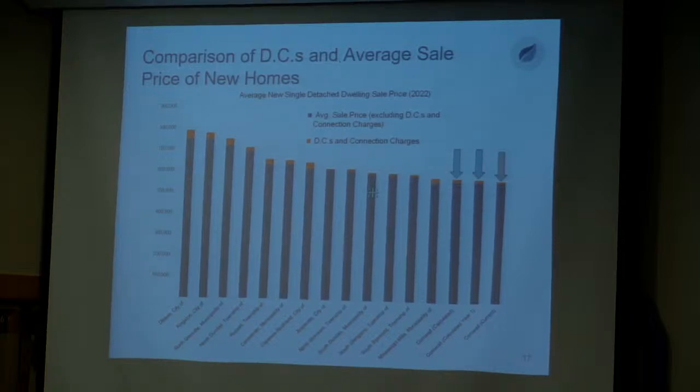So then, to understand the impact a little bit further of development charges on non-residential home prices and development activity, what we looked at was the share of the average price of new home sales that development charges represent for the same comparator municipalities. And so as you can see here on this illustration, the average sale price of a new home in 2022 was the lowest in Cornwall in comparison to the other comparator municipalities, with the average sales price of a new single or semi-detached home being $551,000 in the city in 2022, with development charges representing about 1.4% of that total